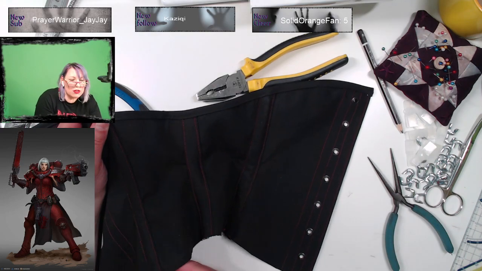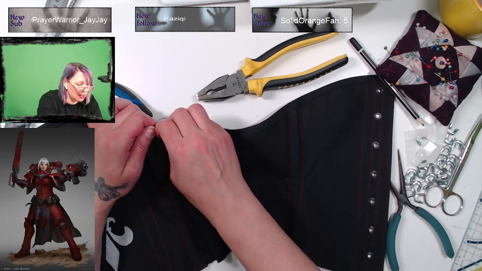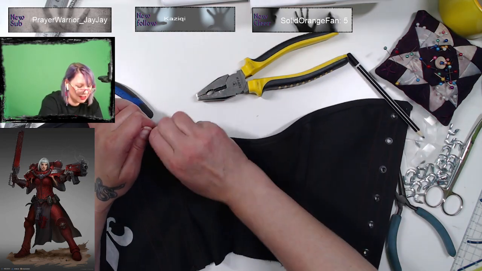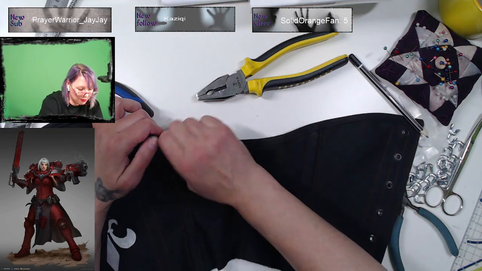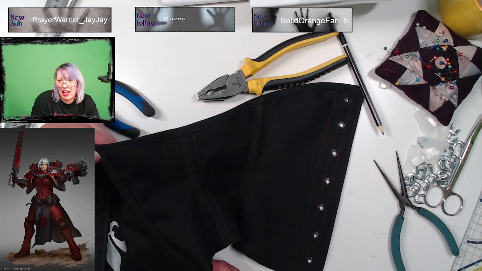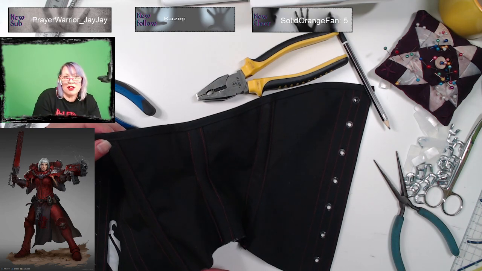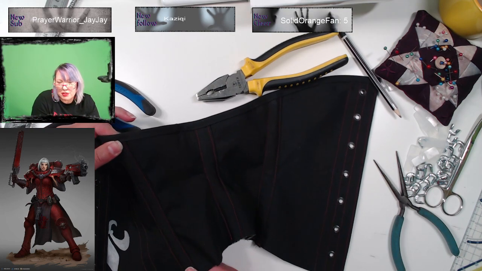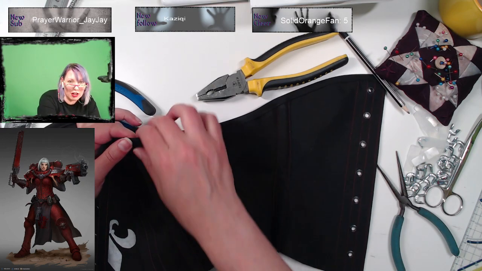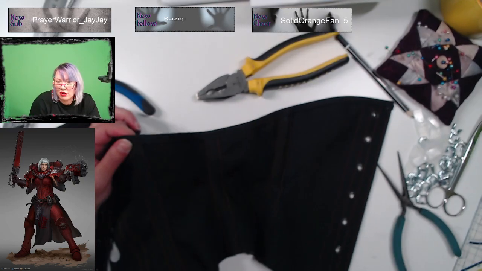I mean, I mostly do cosplay, so there will be armor making and other things. But sewing is something that I've done for most of my life, because my mom taught me. So the sewing part of a cosplay is always the easy part for me. But this is the first time I'm making a corset. I just wish my camera would pick up more.